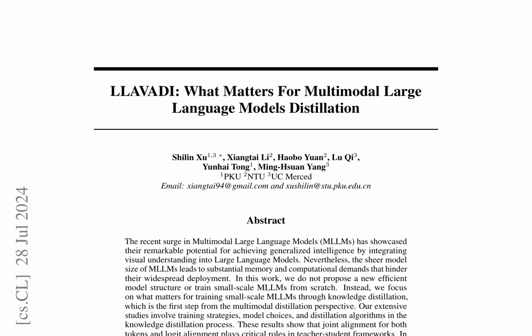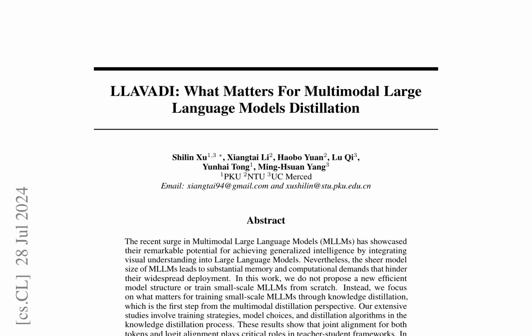Multimodal Large Language Models, MLLMs, have shown remarkable potential in achieving generalized intelligence by integrating visual understanding into large language models. However, their large model size leads to substantial memory and computational demands, hindering their widespread deployment. To address this, researchers have turned to knowledge distillation as a means of training small-scale MLLMs, focusing on what matters